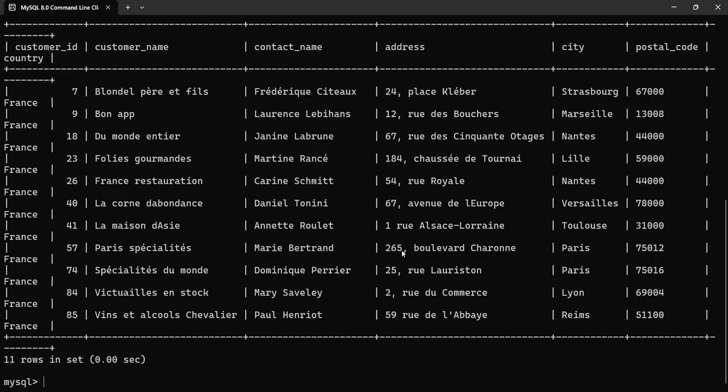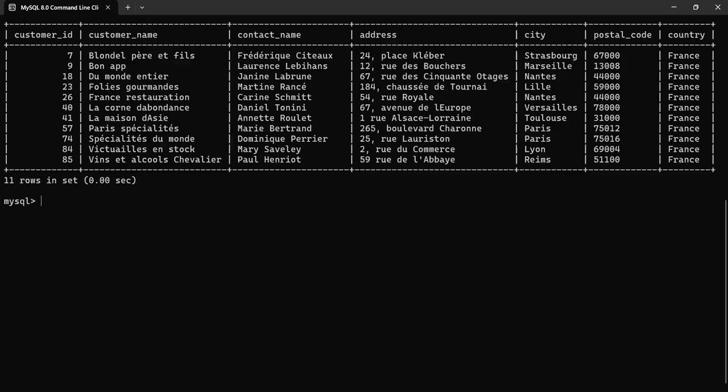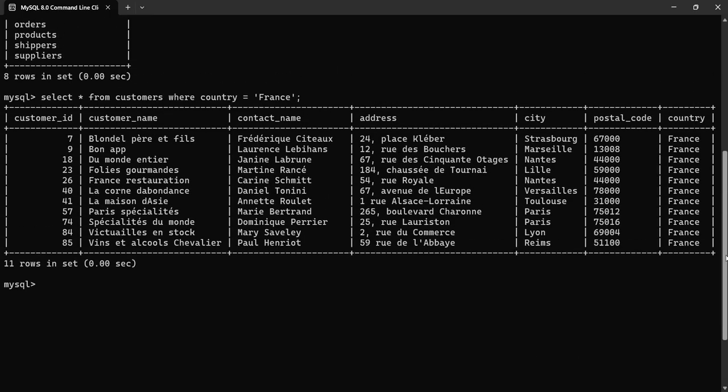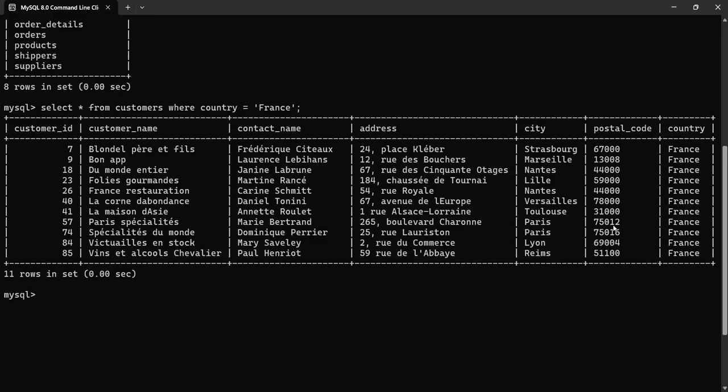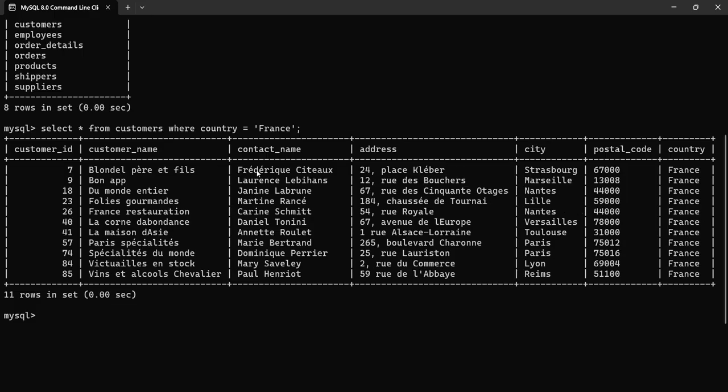So you have a better idea, let me decrease the screen size a little bit. Okay, now you have a better idea of what is inside of the table. Now we have the customer ID, the customer name, the contact name, the address, and the city. Okay, so this is how you can use the where clause in MySQL in order to filter data